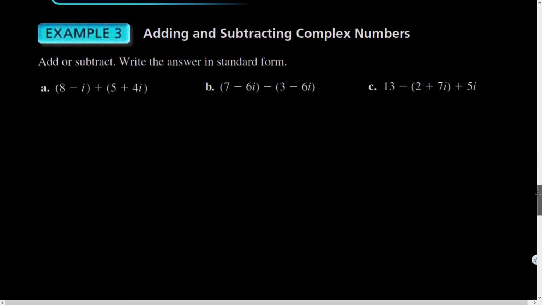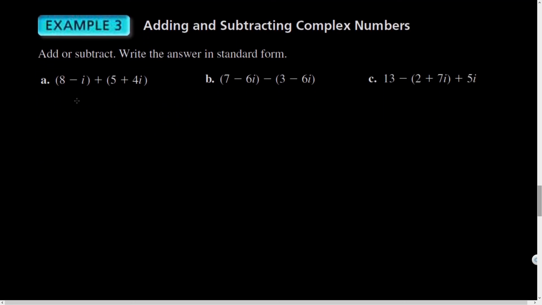Let's just jump right in and put this to use. And so here, 8 plus 5 is 13. And if I combine -i and +4i, I'll tell you what, we'll leave that in orange. -i and 4i, combining them like terms, is just going to be 3i. I like to put a little tail on the i, so that way it doesn't end up accidentally looking like a 1 or something like that if my dot was also tiny.